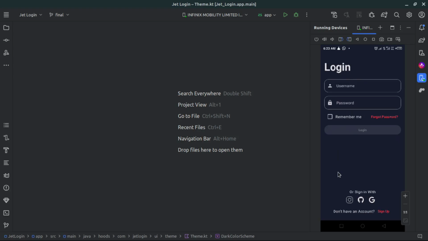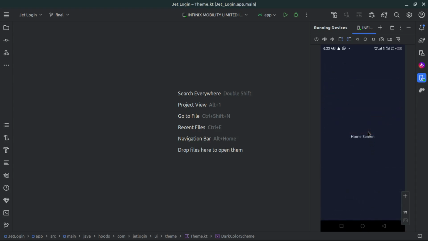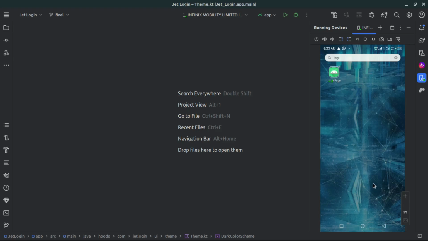So this is just the login page and it's really simple. Basically here we can just enter a username. For example, here I'm writing a username and also a password, which we can use to log into another page. For this case, we can just click here, then we're going to be navigated to our home screen. And whenever we click back, we're going to quit our application because we have already finished the flow